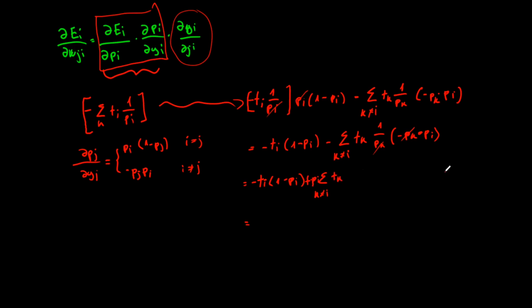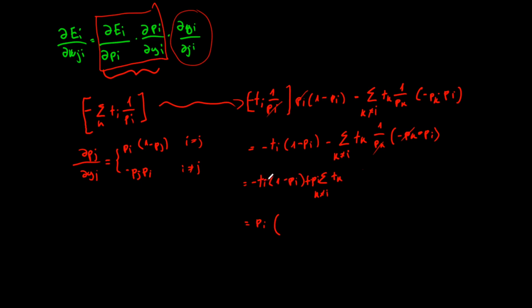This is like having a summation over i of a constant. This constant you can put outside, right? So finally we see a p_i here and a p_i here, so this is the same as having p_i multiplying